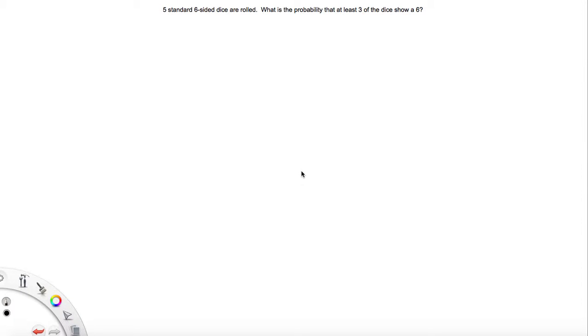So now we're going to do a probability problem, and it's not too difficult, but the reason why I want to do it is because we're actually going to solve this problem in two different ways to illustrate a really interesting counting concept. And so let's start this problem by first looking at a couple of ways that we can